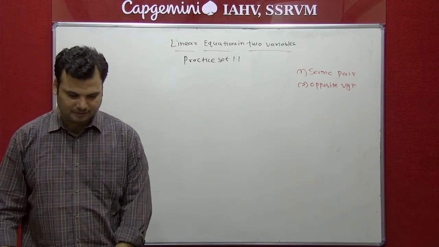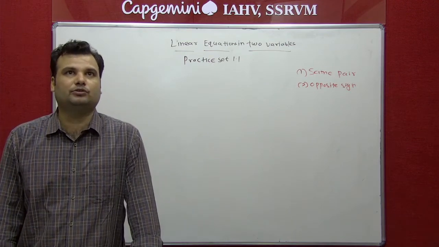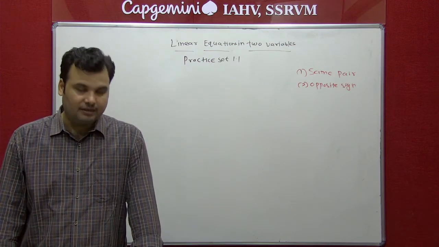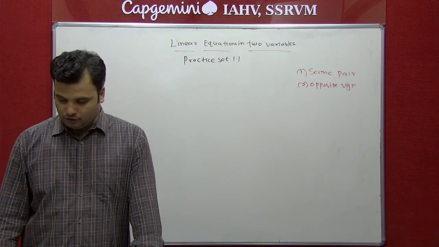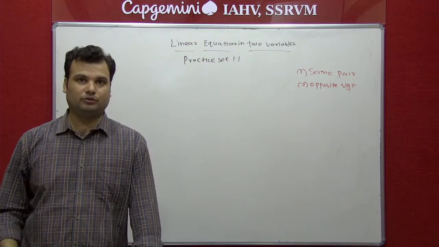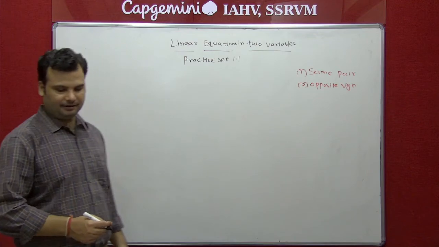Now students, sum number 7 and 8. This is a 3 marks question and very important, and this type of sum always comes in the board examination. So this type of sum we can solve. First understand what is given, then we can start. So sum number 7,